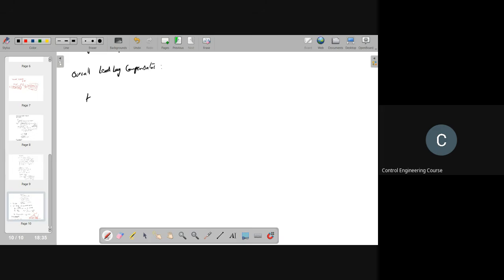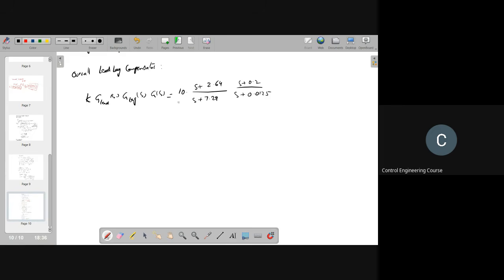So K into G lead into G lag of s into G of s is the overall open loop transfer function, which is equal to 10 into the lead compensator (s plus 2.64) by (s plus 7.29) into (s plus 0.2) by (s plus